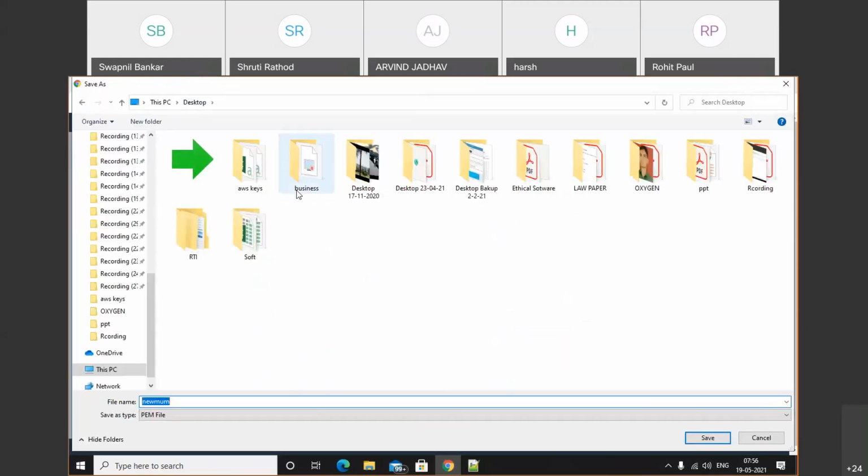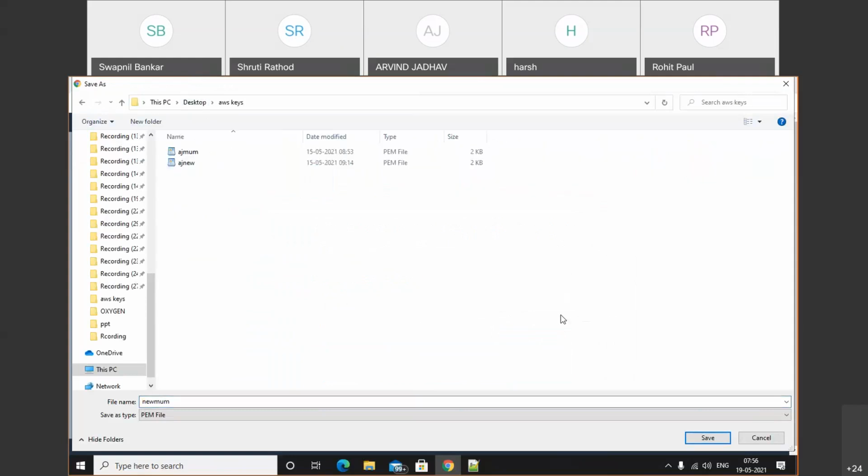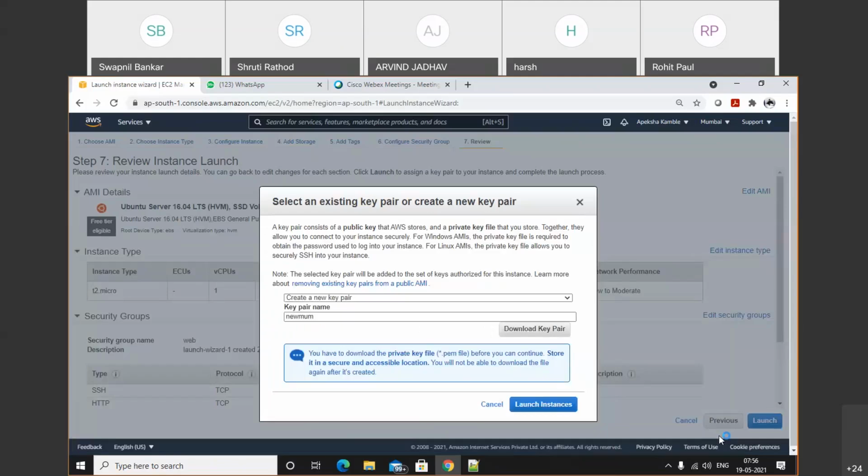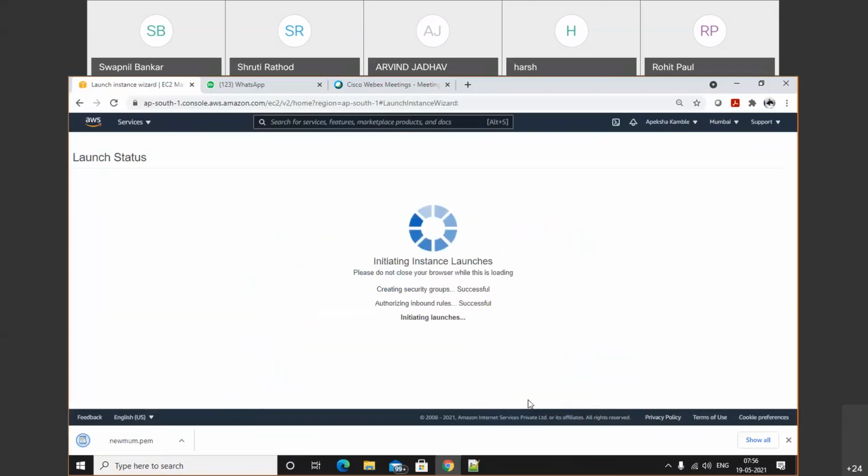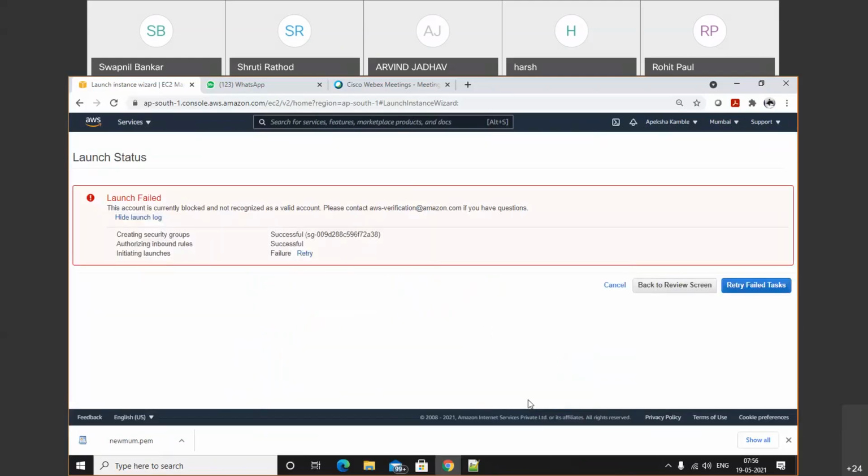Click on that and launch the instance. This account is currently blocked. Why? This particular account is also blocked.